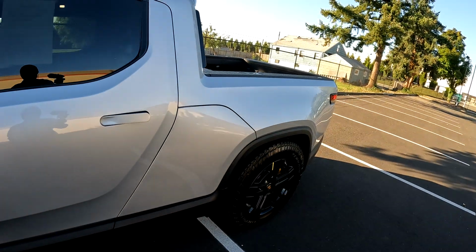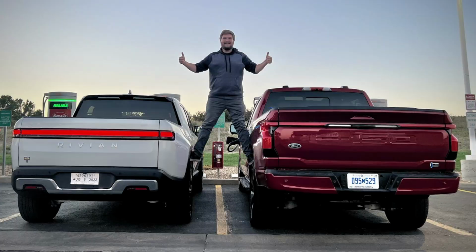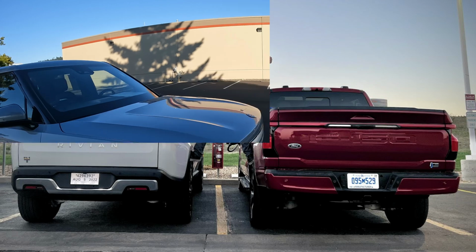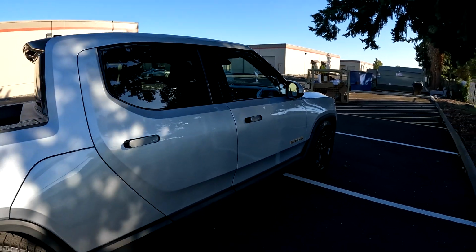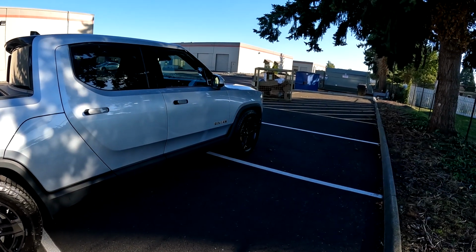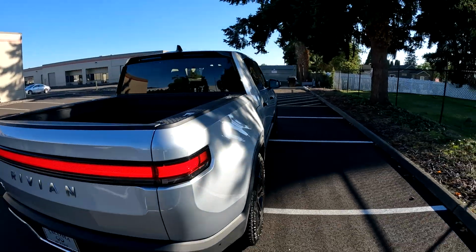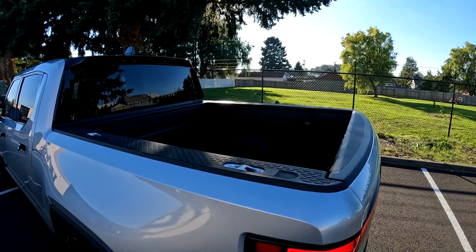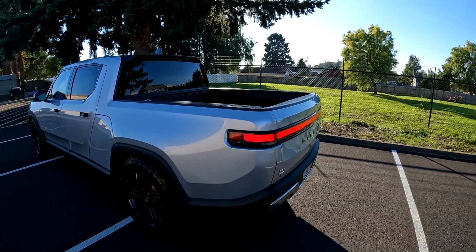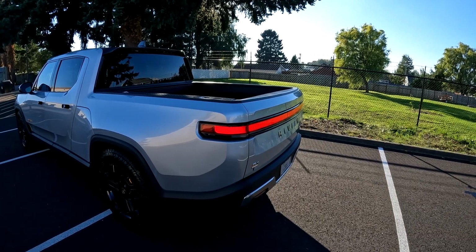And as far as size goes, this is not a full-size pickup truck. Some people might compare this to the new Ford F-150 Lightning. The Ford F-150 is a very big full-size pickup truck. The Rivian R1T is more like a compact, along the size of a Toyota Tacoma or Ford Ranger. I think the people buying F-150s might be using it for their trade or work. Daily driving a large vehicle is okay, but when it comes to maneuvering it and parking it in tight urban situations, this one's a little bit more manageable. It doesn't feel as